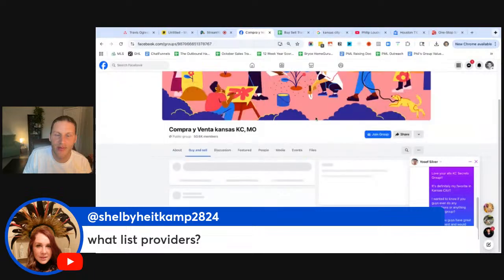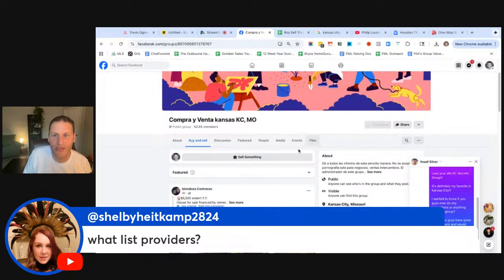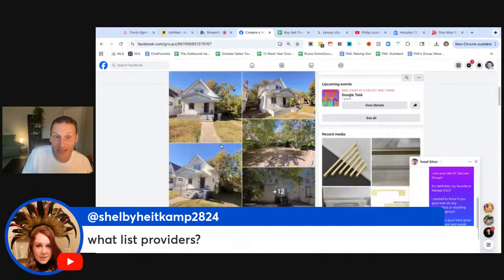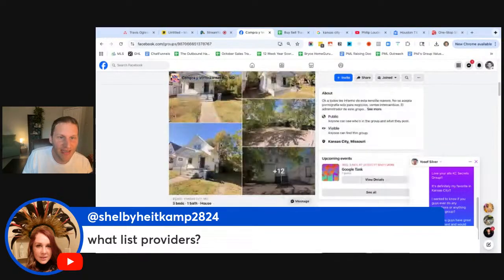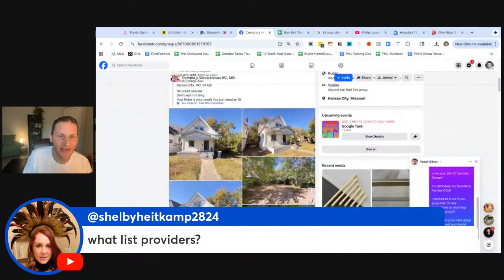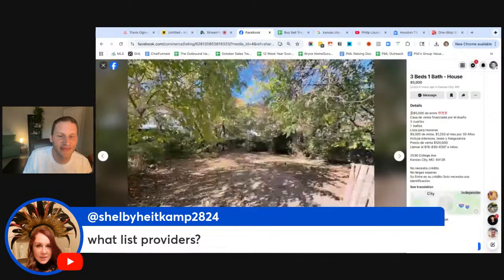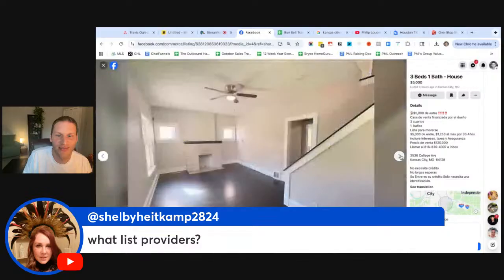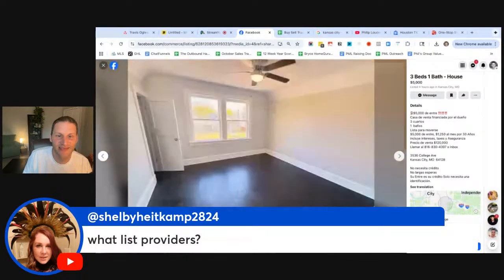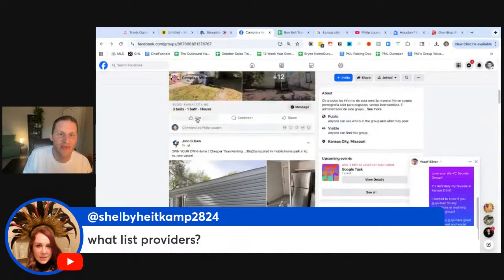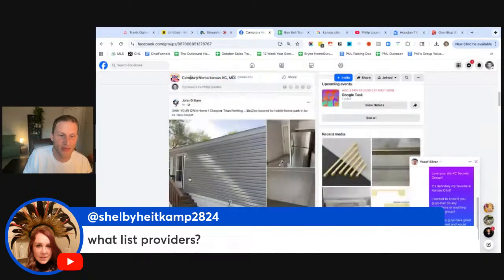Okay, this one's a public group. This is the Spanish one, which is cool. People are selling houses on seller financing in here. Okay, nice, $5,000 down. Wild. I know the guy selling this. So this is the same. They just posted from Marketplace, and these just didn't perform as well.